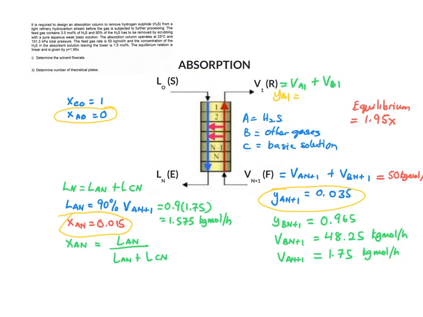So the objective here is to find LCN, because LCN is the flow rate of the solvent. Once we get this, LCN is equal to L naught, which is the flow rate of the solvent. So let's do the substitution. XAN is 0.015, LAN is 1.575 divided by LAN, which is 1.575 plus LCN. So from here, we should get the value of LCN is equal to,